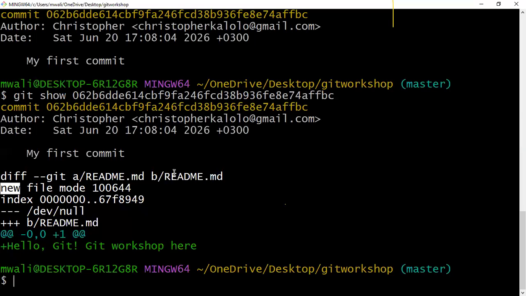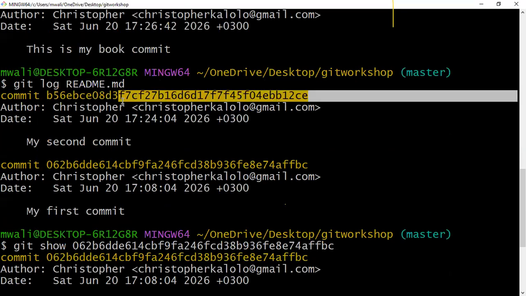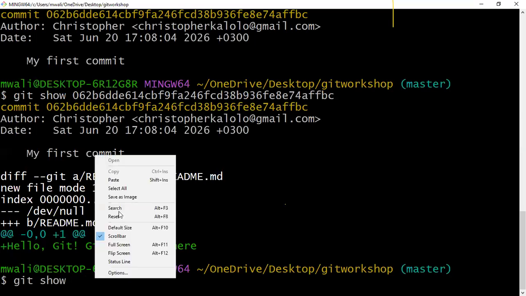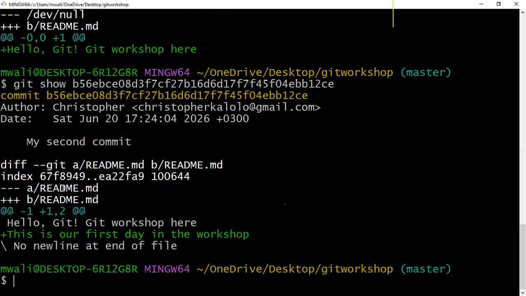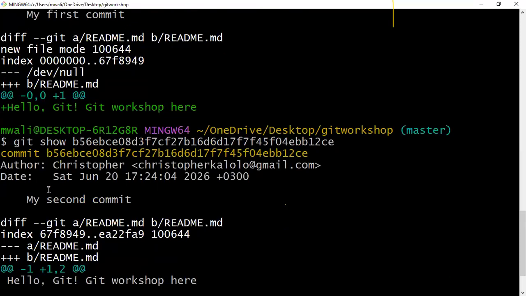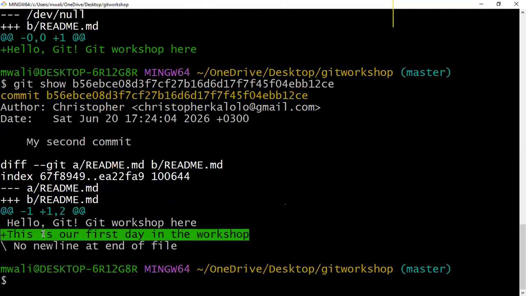If you go to the second commit, for example, do something like this again. This is the ID. So you can copy it and say git show and then put that specific commit so that you know exactly the details. So you see the details. Now, it didn't say new file as it did here, because here it told us this was a new file. Now we don't have any new file, but it is showing us that something was added. And what was added was this line here in green,